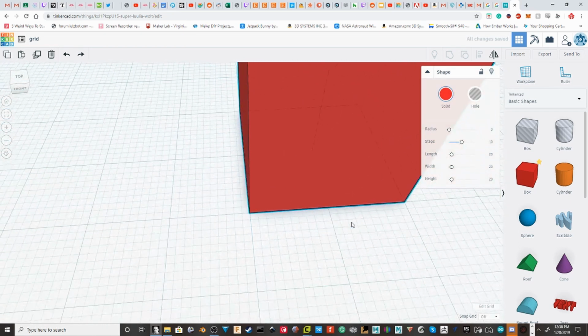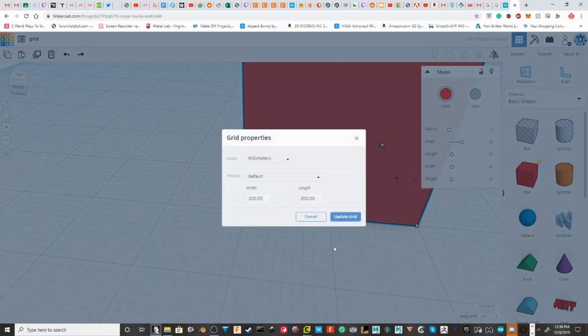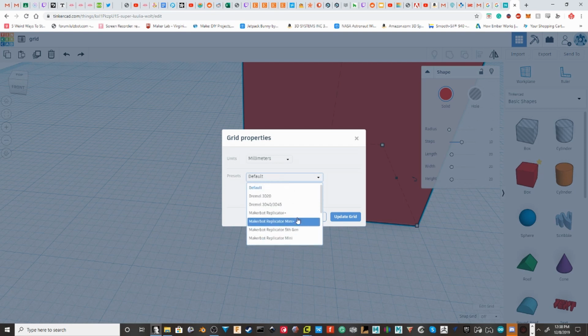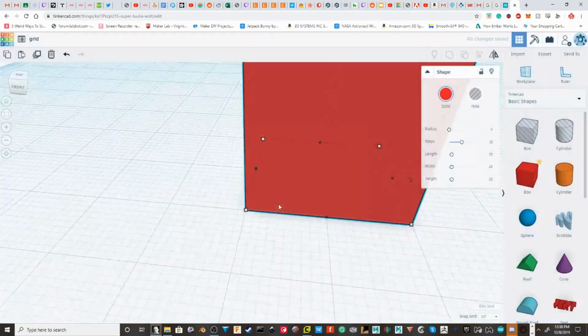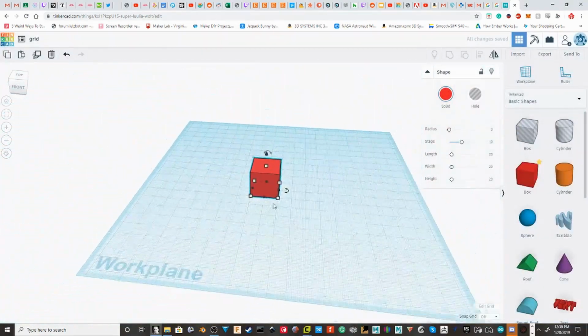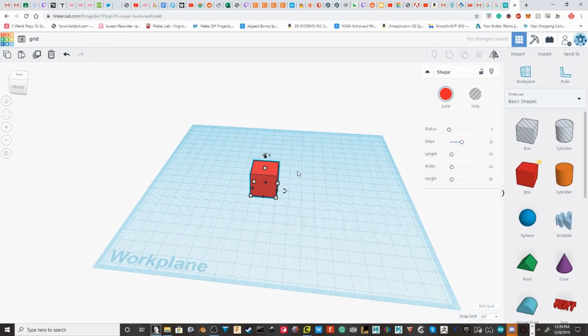Now then, we'll go to the edit grid button. This is really cool because you can set it to the different printers that you use. I just have it on the default, which is 200 by 200. But it's good because if you're working with a bunch of school kids and you want to tell them, okay, this is the size of the bed, this is the max you can print, just say, we have an Ultimaker Plus original, update grid, and that's the size of the grid,